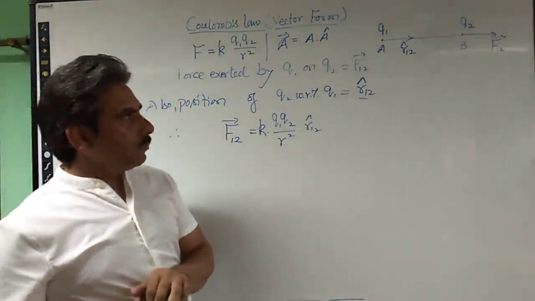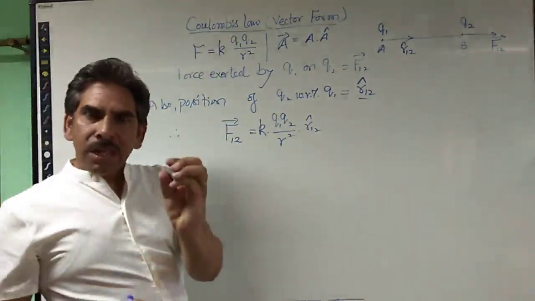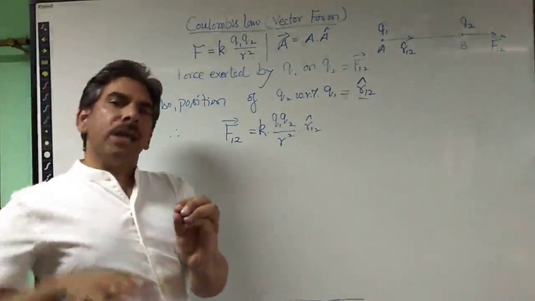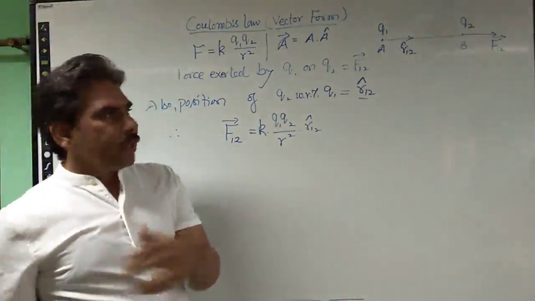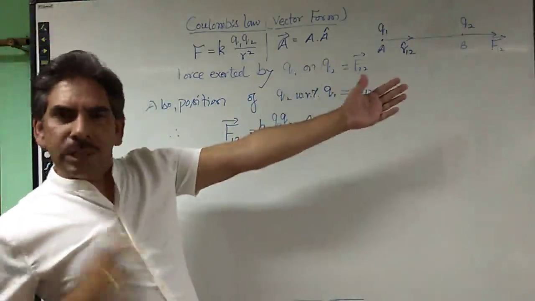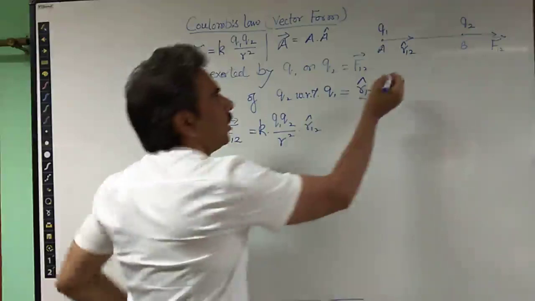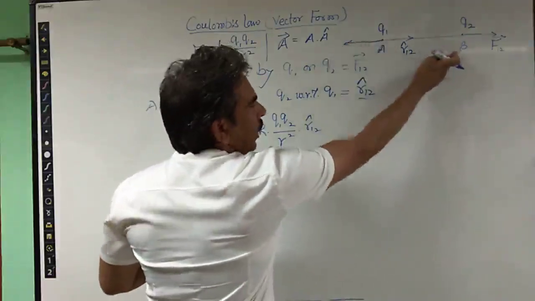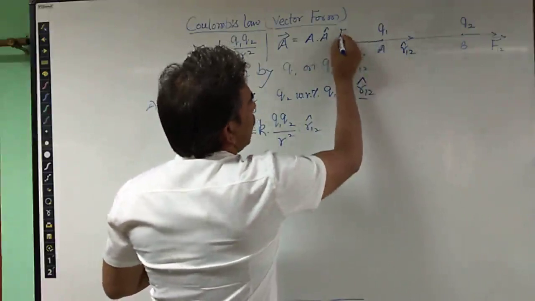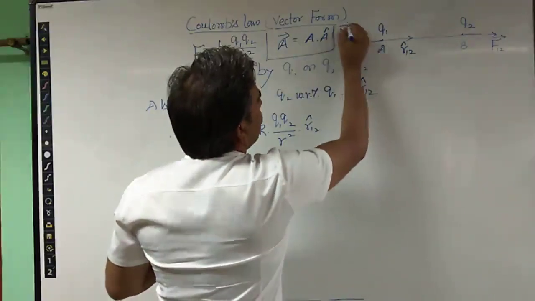Similarly, if we are taking charge Q2 as the charge which is exerting the force on the other charge, which is Q1, or it may be Q3, it may be any other charge. So I am taking that Q2 is the charge which is exerting the force, because the charges are alike. So what is the direction in which the force is exerted? Away from charge Q1 as earlier. So this force I can give a different name, F21.